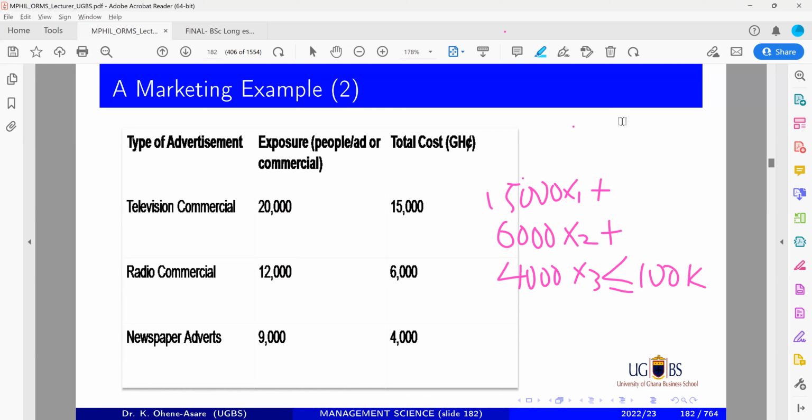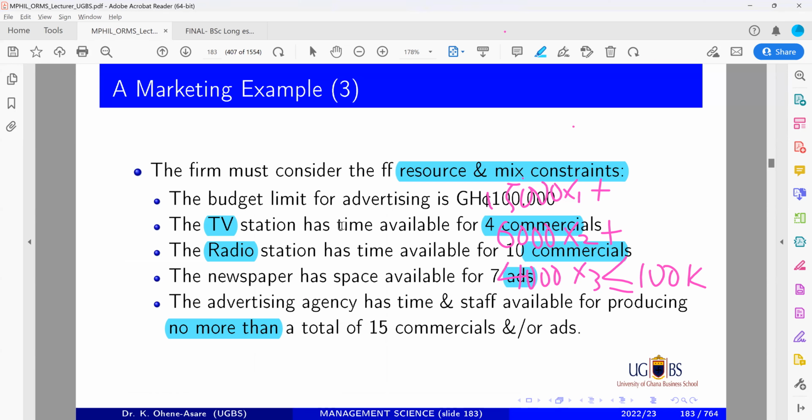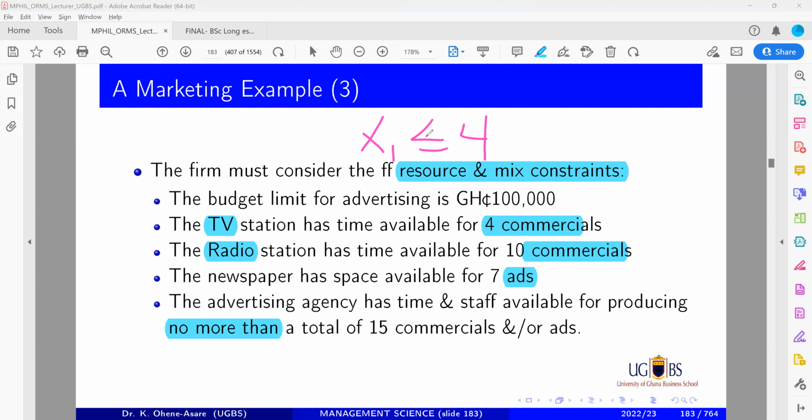Now the next constraint, it says the TV station has time available for 4 commercials. What does that mean? It means that X1, which is TV, has only time available for 4 commercials. So you can only have up to 4 commercials. You can do 2, you can do 3, but only up to 4. Radio X2 has only up to 10 commercials. Newspaper X3 only has up to 7 commercials. And then you are told that